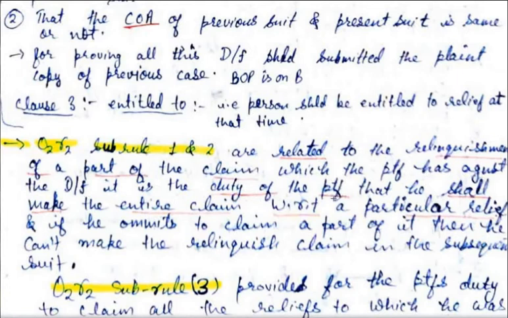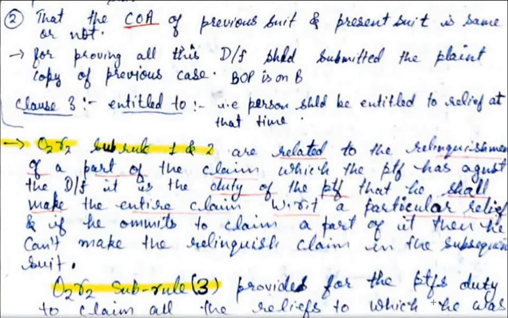It is the duty of the plaintiff that he shall make the entire claim with respect to a particular relief, and if he omits to claim a part of it, then he cannot make the relinquished claim in the subsequent suit. ठीक, ये आपका clause 1 और 2 से related है। अब next paragraph में जाओ।